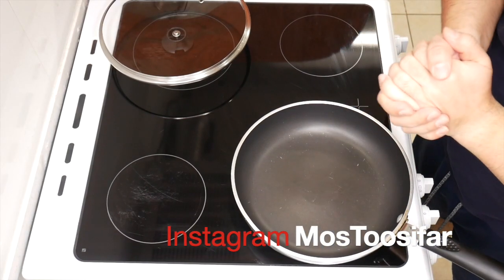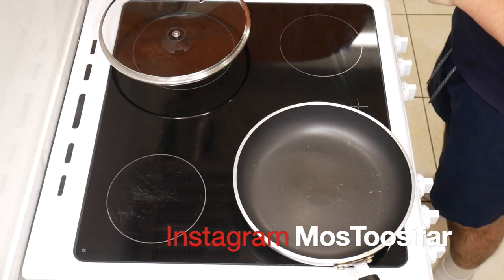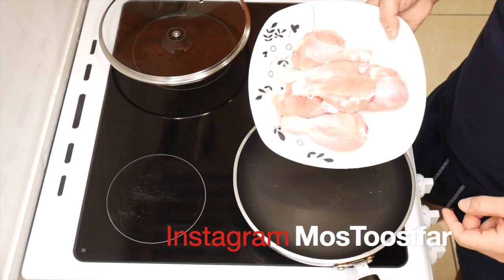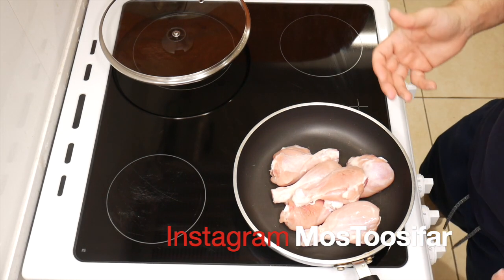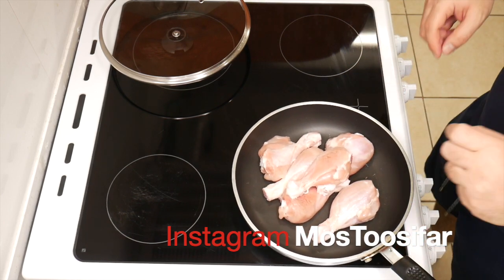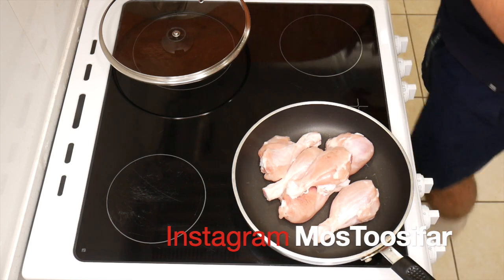Okay guys, so to begin with, what you want to do, get your frying pan, and here I've got 6 pieces of drumstick where I have peeled the skin off, simply so. And now what you want to do is marinate it. How? Simply